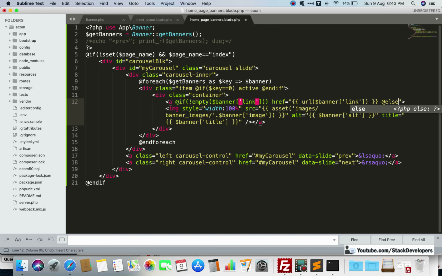Else we can show here href. In href we can add, so here we need to close as well. So in href we can give JavaScript like this, okay, and @endif.